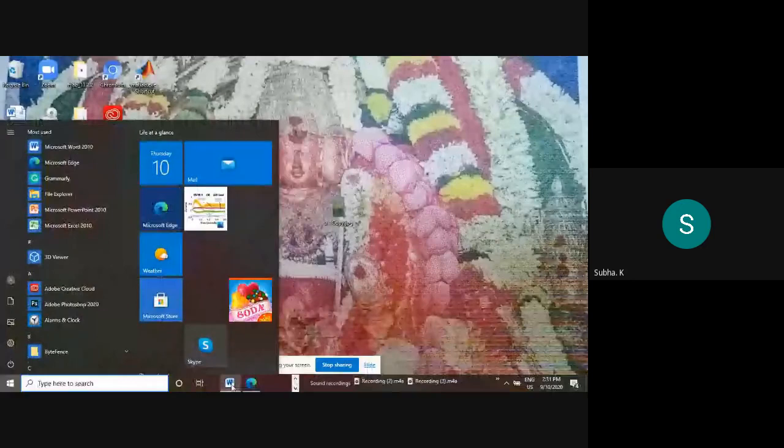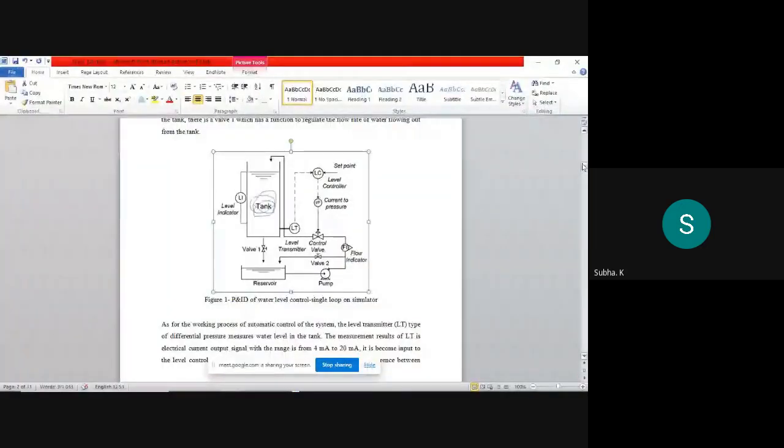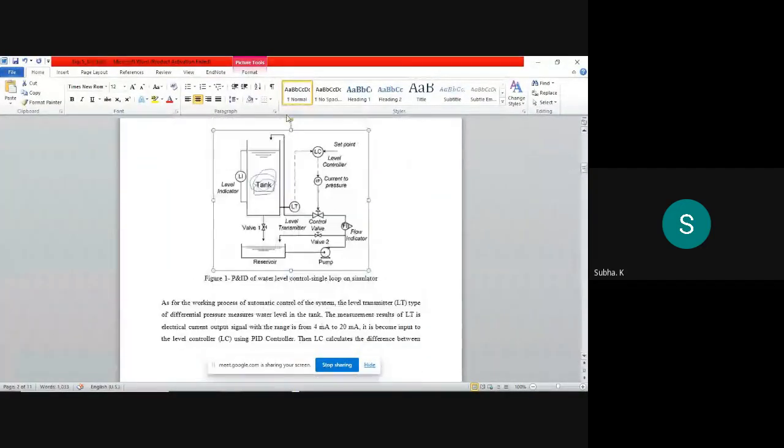Okay, so now the control design again I am telling you. This is the controller that I am circling. The level of the tank in terms of pressure difference will be sensed by this level transmitter. It will be converted into an equivalent electrical signal, and that electrical signal will be conveyed to the level controller. This will be acting like an error detector. Suppose the present value of level in the tank is 0.7, and if you want to set it to 0.8, then that set point will be 0.8 here.